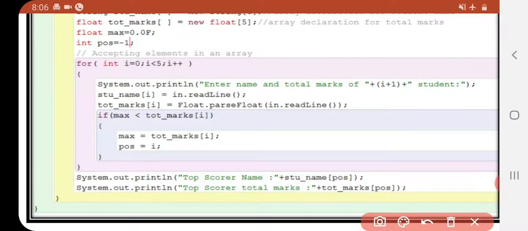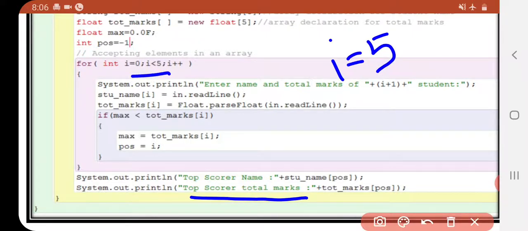After that, when we come out from the loop, we have two things: the top scorer name and top scorer marks. But I is equal to 5. Then we leave our loop when I is equal to 5, and the fifth location is never in our array. What we want is the exact location of the top scorer.